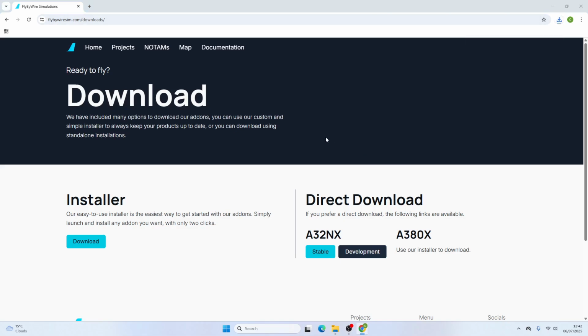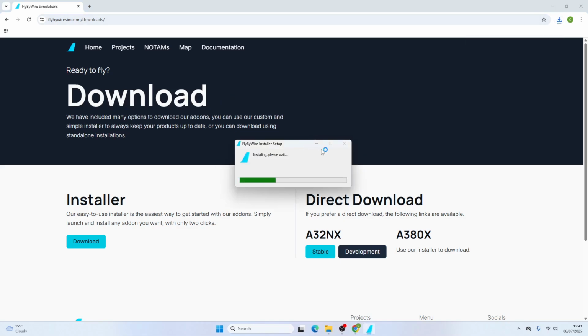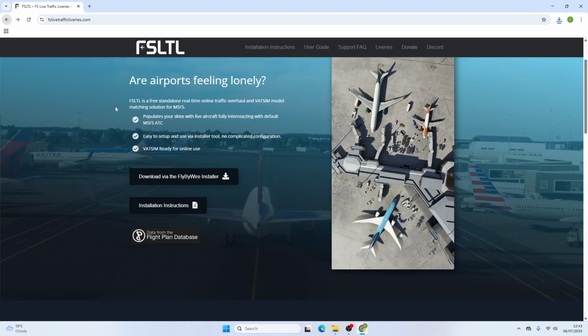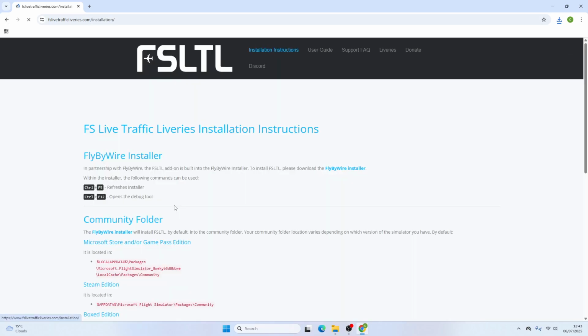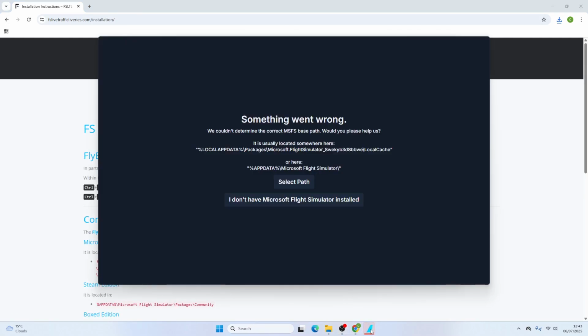Once we have downloaded the fly-by-wire installer, it's a very simple process, but the instructions are also laid out on the website. Basically, what we need to do is select our path. At the moment you can see it can't determine which path it is located in. Usually it's located in this path, but unfortunately it is not. What we need to do is make sure that we put it in the local cache